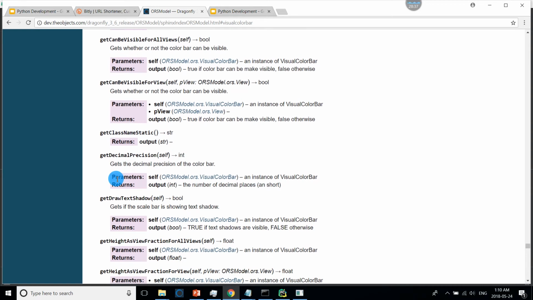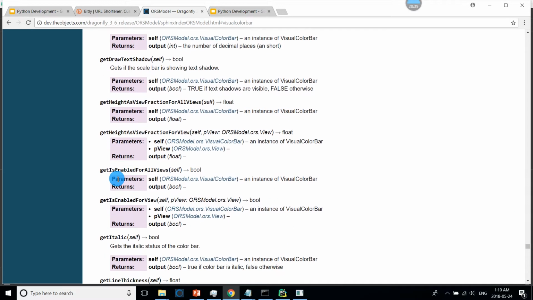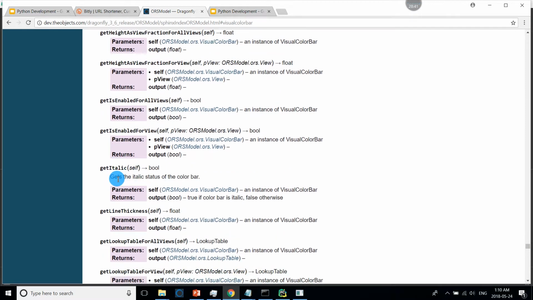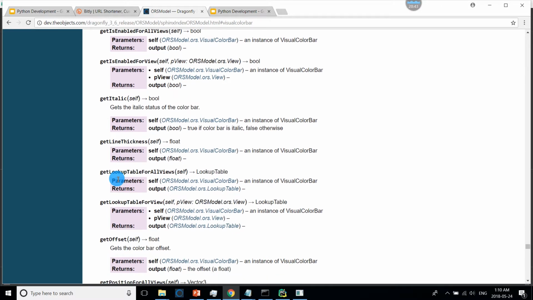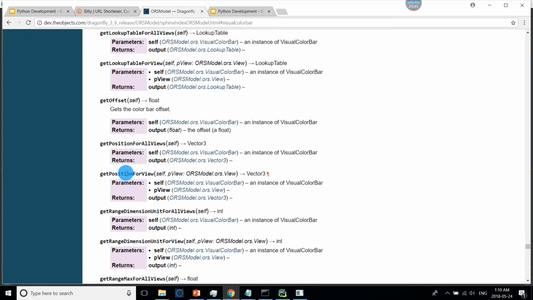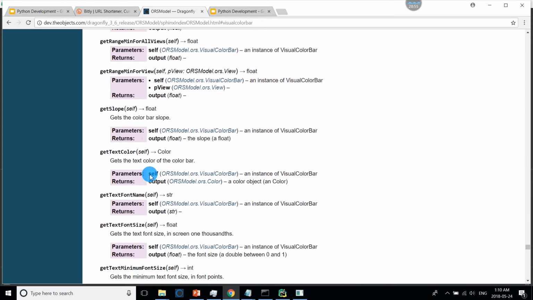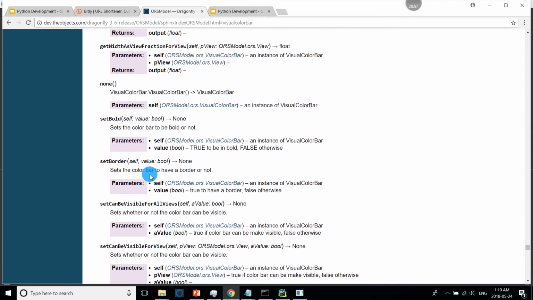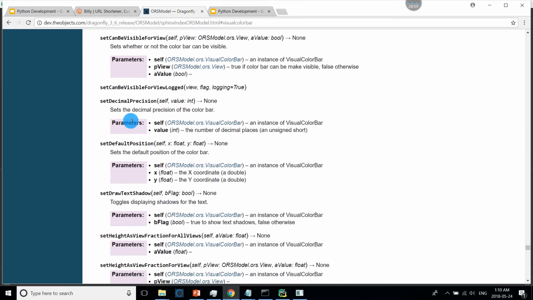So for the color bar, you see there's the different initializers, and then you have the methods. So we can get all views using lookup table, or we can determine if it's bold or if it has a border. And the one we are interested in is